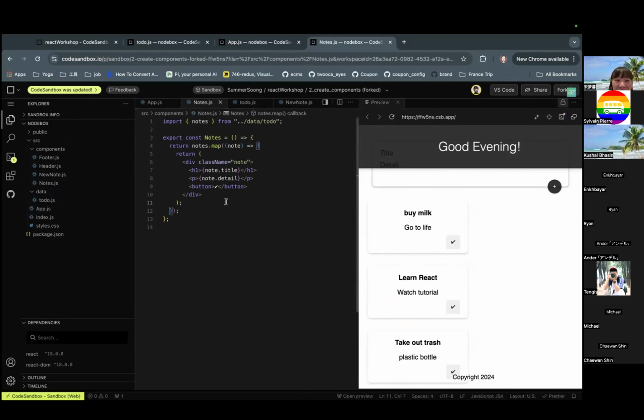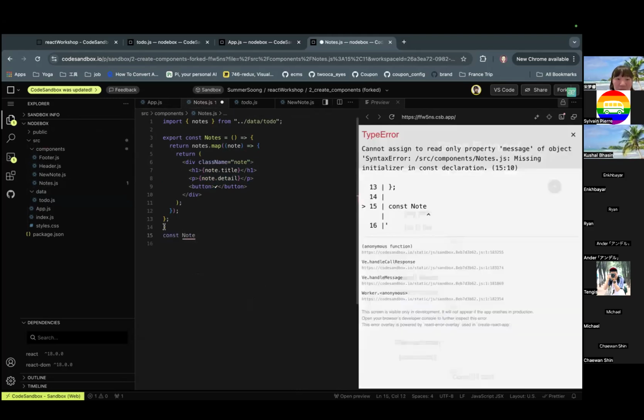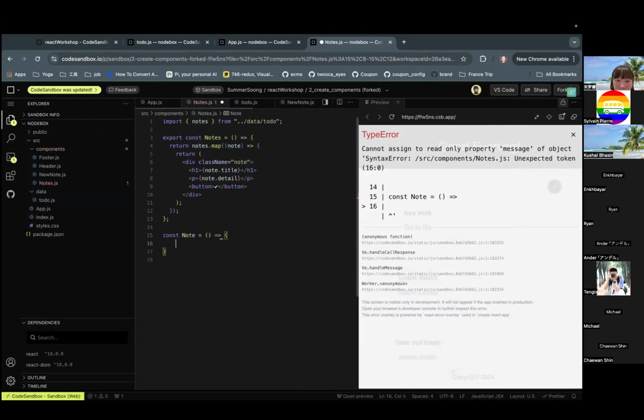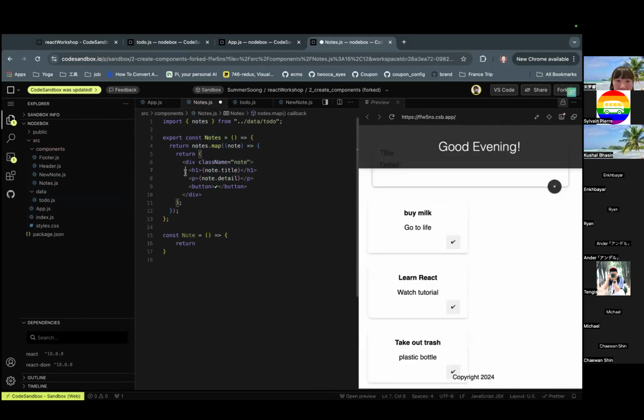Okay, cool. And then next step, I want to extract this part of HTML to create another component, node. At this time, I don't want to create a new file, because this node component can live inside here, since node will only be used inside these nodes. I will create component node, and it just returns